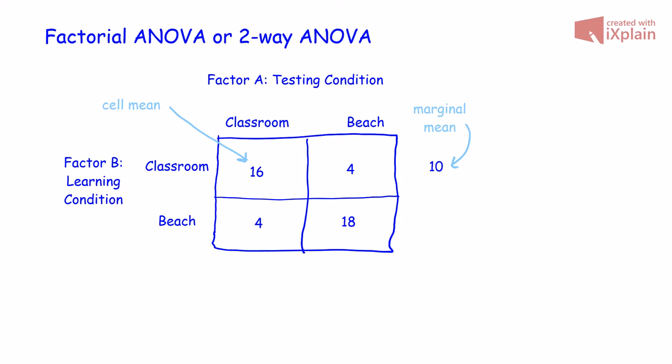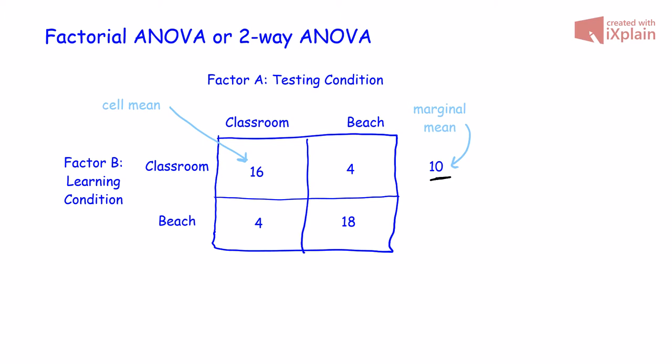Now this number over here on the right is called the marginal mean. That is the average of everybody who learned in a classroom. So you're collapsing across these two conditions, because what's common across these two conditions is that everybody in both of them learned in a classroom. And so if we take the average of this cell mean and the average of this cell mean, we'll get 10. Really what you're doing is taking the average of everyone who was in the learning classroom condition. If you have an equal number of people in this condition and in this condition, then you can just take the average of these two means, and it'll give you the right answer. So this means that on average,